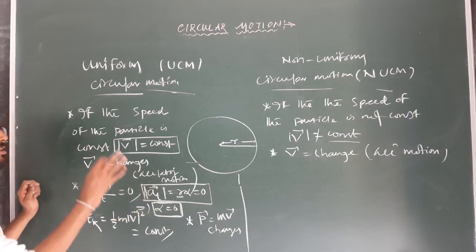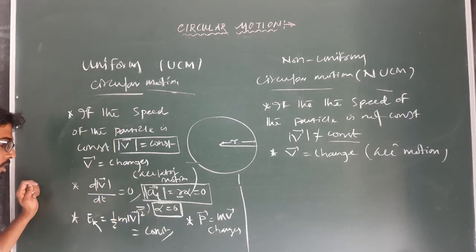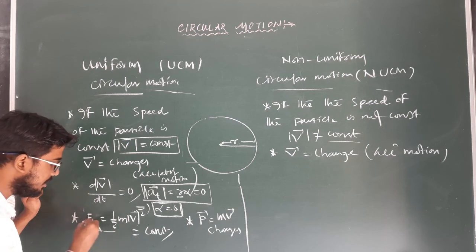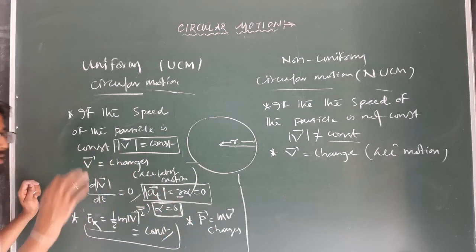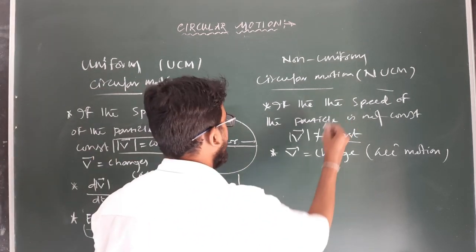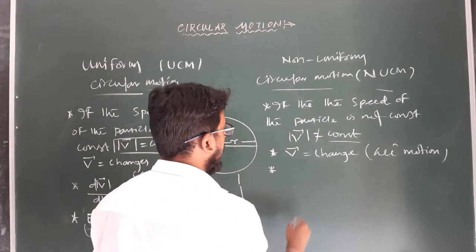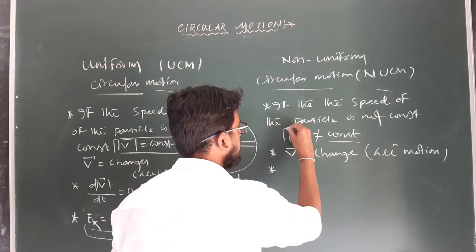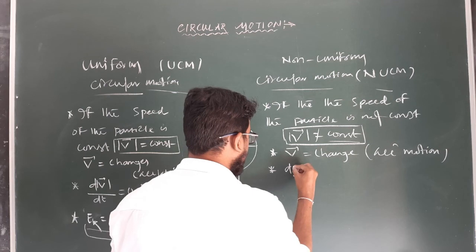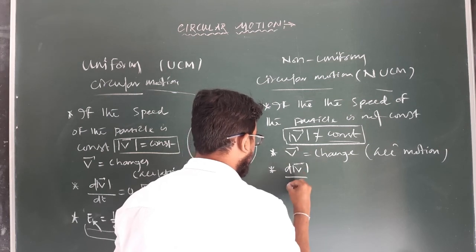That means the angular acceleration for a uniform circular motion is 0. And as speed remains constant, the kinetic energy is also constant, but the momentum changes. Clear? So in non-uniform circular motion, as the magnitude of speed is not constant,